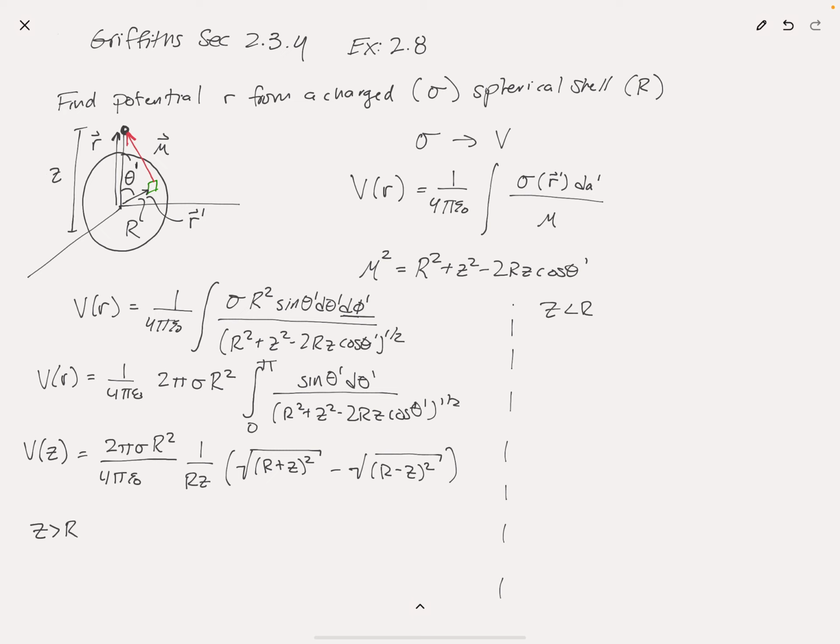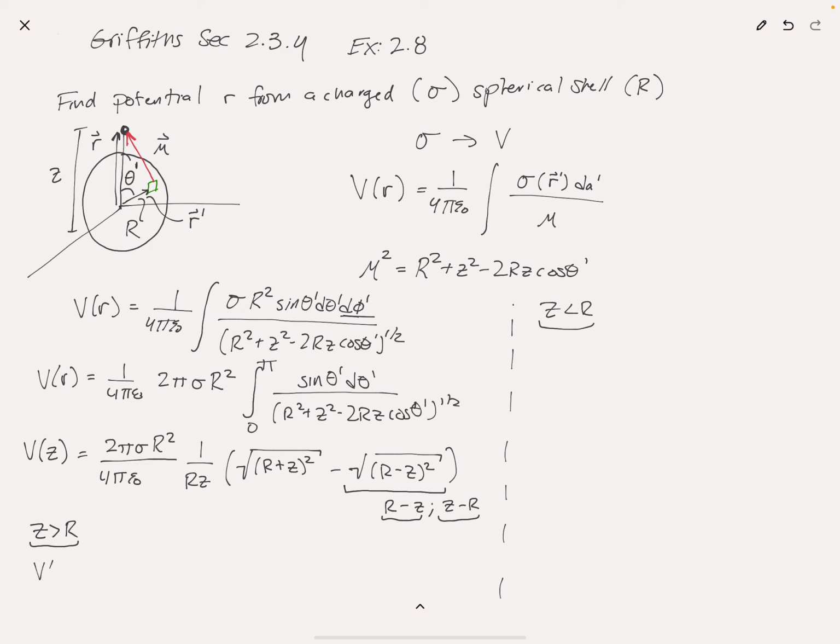Now the difference in this result is that we have to be careful about how we evaluate expressions like this. We have to always take the positive root. So when I take this square root, sometimes that gives me r minus z, and sometimes that gives me z minus r. I have to pick the appropriate choice depending on whether z is bigger than r or z is less than r. I always want to take the result where that value is positive. So for z greater than r,